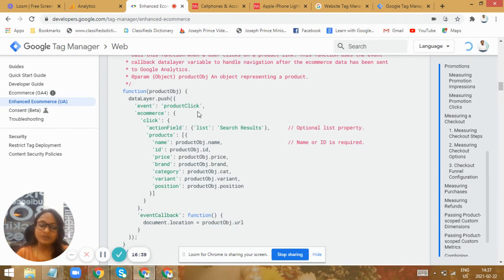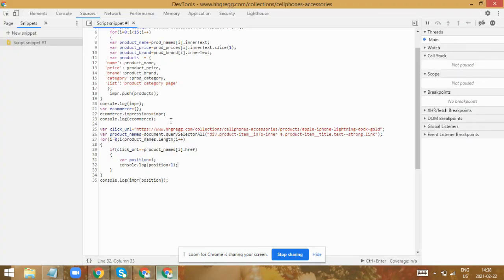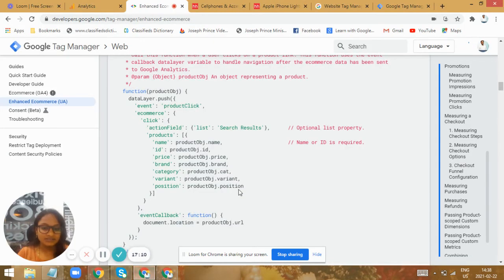This event will be used whenever you would like to use it as a trigger in Tag Manager. So for this, I have sent an event called product click, then an e-commerce object, and then a click object, because the product is being clicked, and the particular place where it is being clicked. Here it's search results, but in our case it's the product category page. So we can know where the product is being clicked by the user, and also inform the analytics. All the details relating to the clicked product will be sent into an array called products, and the details regarding the product will be sent as an object.